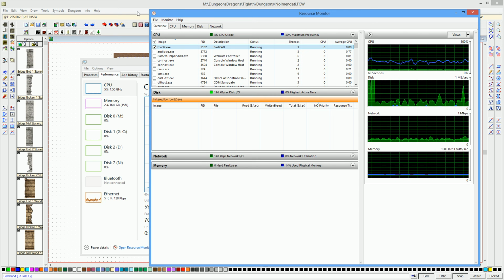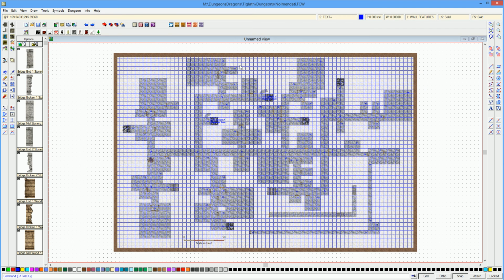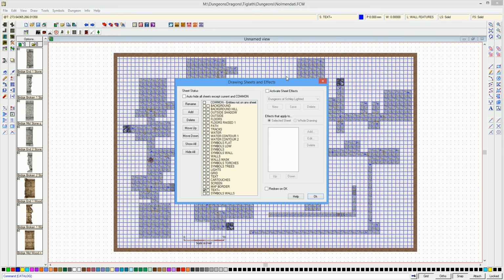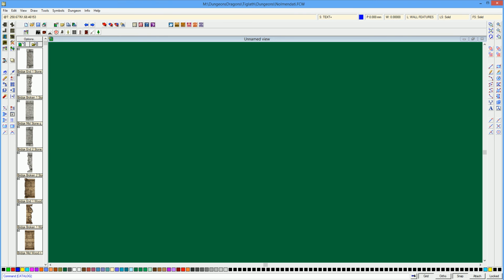So let's turn on what are called sheet effects. Campaign Cartographer will make your head spin if you think about it. You have what are called layers, which most people are familiar with. Then you have sheets, and the sheets are a superset of layers which allow you to have a whole bunch of effects. So if I turn on sheet effects, and then I say OK, and I come back over here